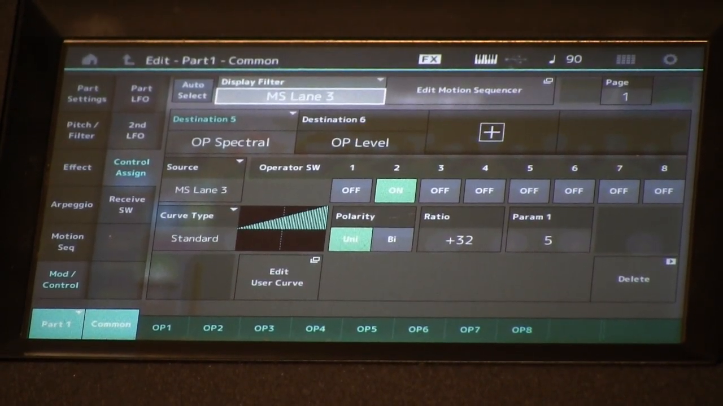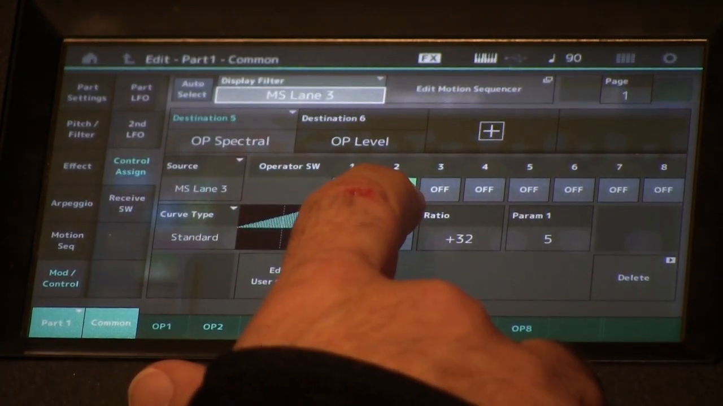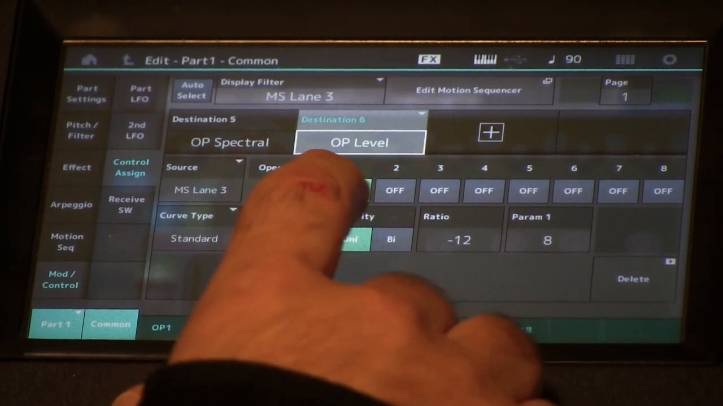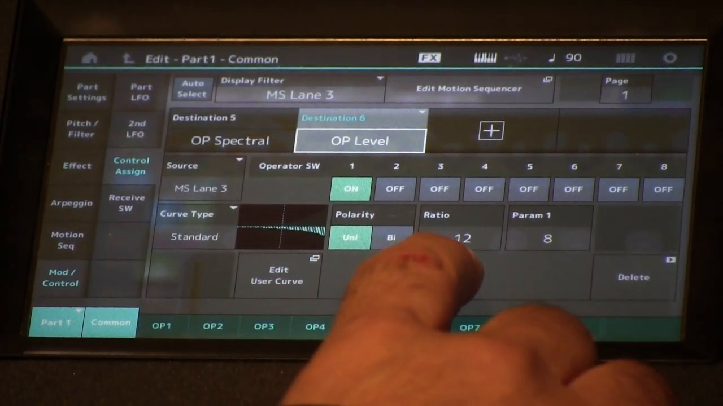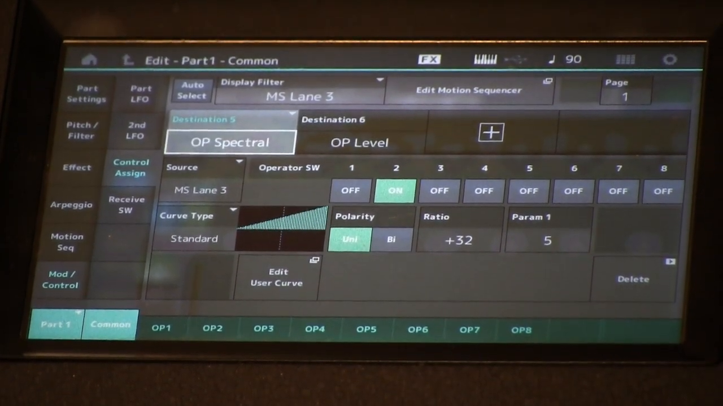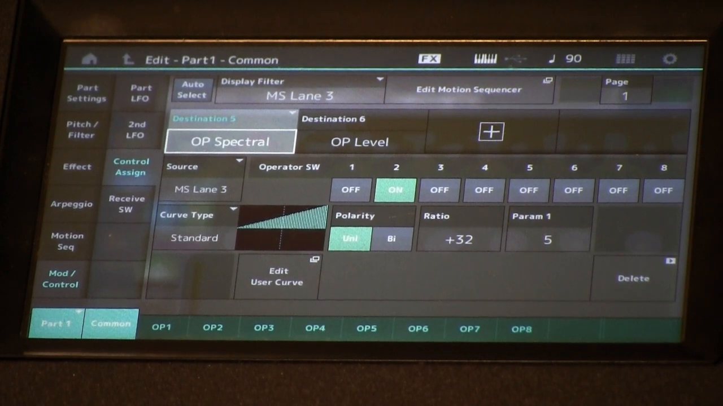Now on motion sequence lane 3, we're going to control the spectral wave of our carrier wave, and we're also going to control the level of our modulator. Now I've got the modulator set to a negative value here because as we change our spectral wave shape from sine to our non-sine waves, which start with harmonic content of their own, to prevent aliasing and such, we want to bring the level down of our modulator. So you heard in the example,